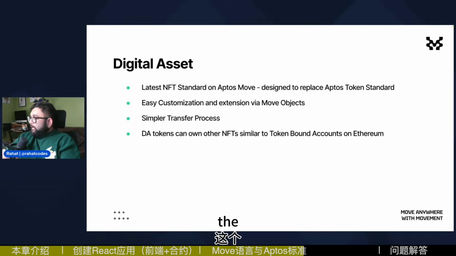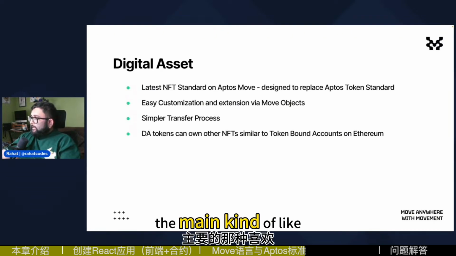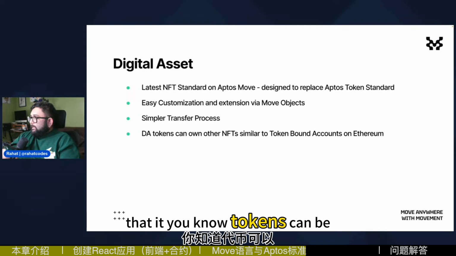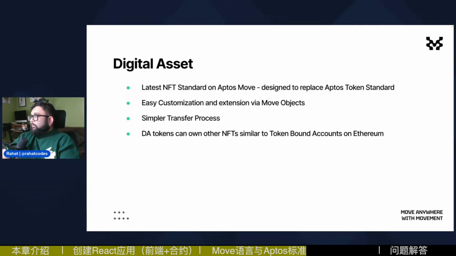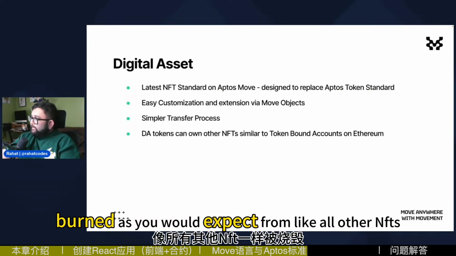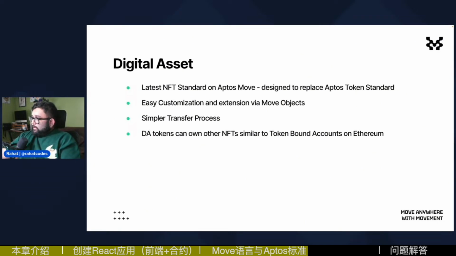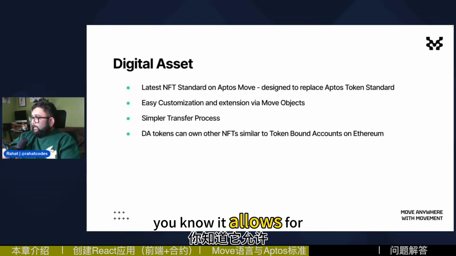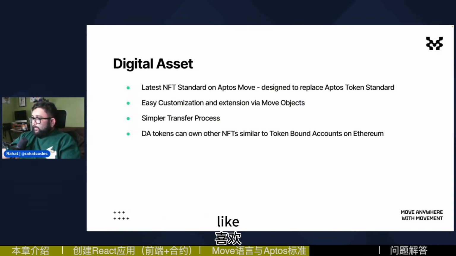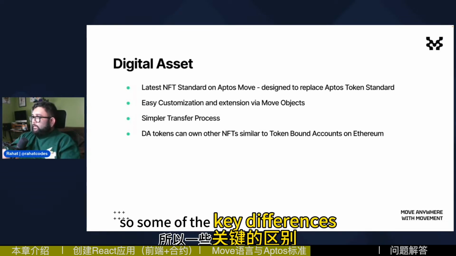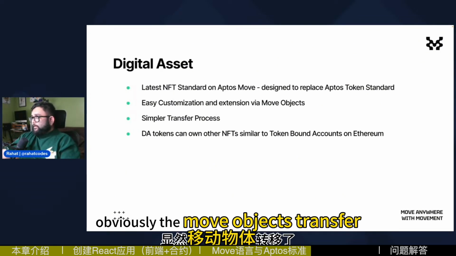But yeah, overall the main things to understand here are that tokens can be transferred, mutated, burned, as you would expect from all other NFTs. The direct NFT transfer, like I mentioned before, allows recipients to simply transfer without having to do the opt-in process. So some of the key differences, some stuff I mentioned before, obviously the Move objects